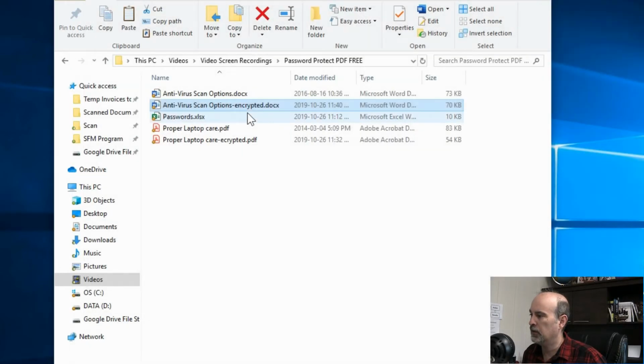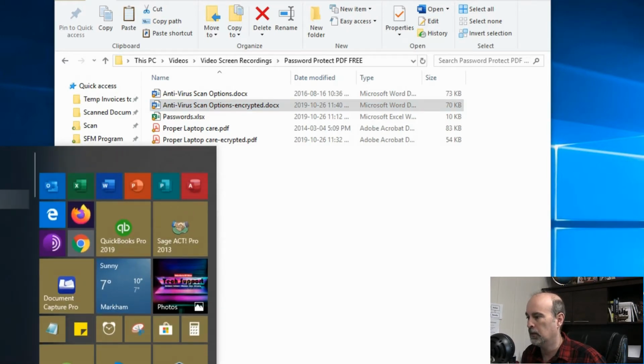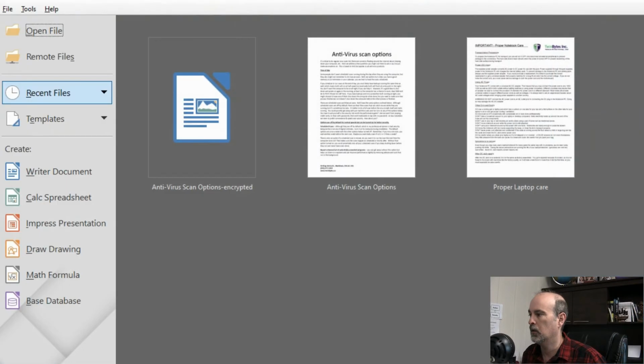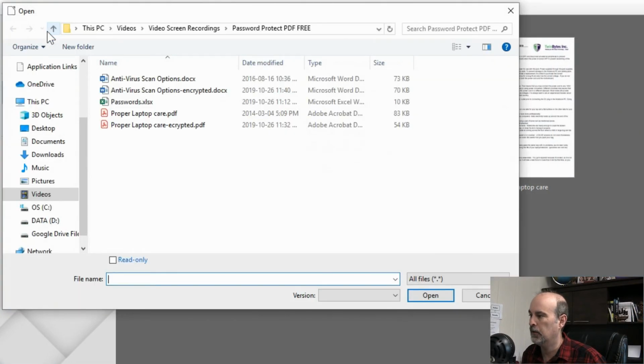And Excel is going to be the exact same thing. We already know that opens. So I'm going to open file, choose my Excel document, open.